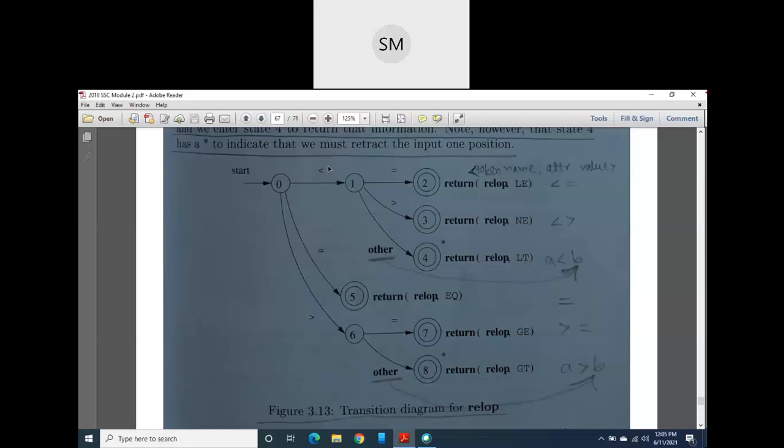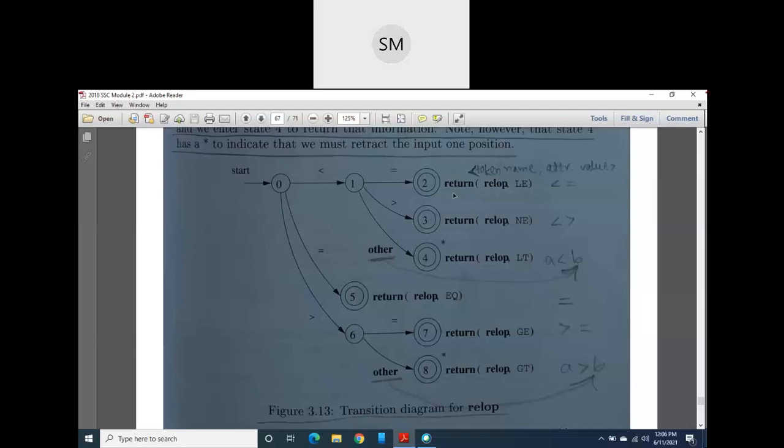If after this less than symbol you have an equal mark, then you should move to the next state, state number 2, and it is the final state, because after equal mark there is no chance of a combination of the operators with less than. There is no such operator in our programming language or in our mathematics, right? So 2 will be the final state, and after reaching 2, our lexical analyzer will return the token less than or equal to to the next phase, that is syntax analysis or syntax analyzer.